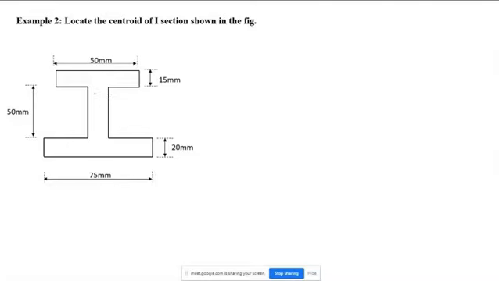Rails. Yes, sir. So that kind of figure we will consider now, because it is made up of three elements. You can see here there are three distinct areas. So we need to divide that similarly into three areas. Now, because the figure is symmetrical about the vertical axis.